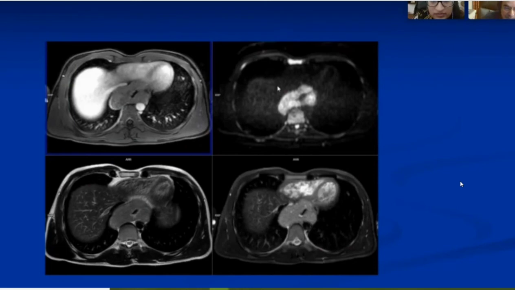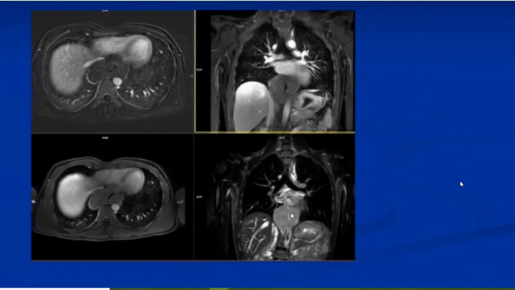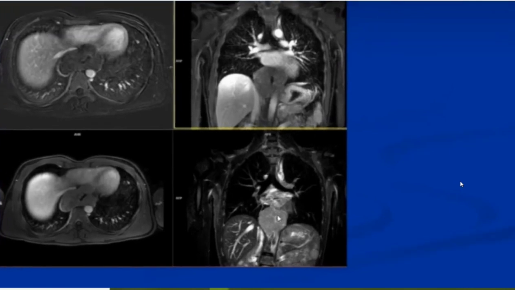So we told our surgeons, this is likely to be a mural tumor. More common tumor in the esophagus is leiomyoma. Although GIST could have the same appearance, but simply based on statistics, esophageal leiomyomas are more likely. And we suggested this was a leiomyoma. Okay, these are post-gad images. Not much enhancement was seen. That's a T2 coronal, again iso-intense, not bright like a cystic lesion at least.